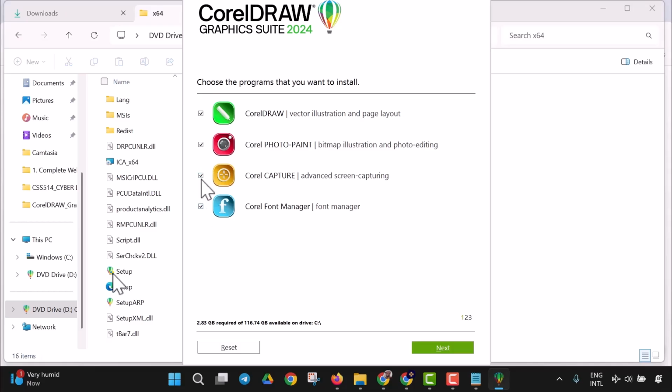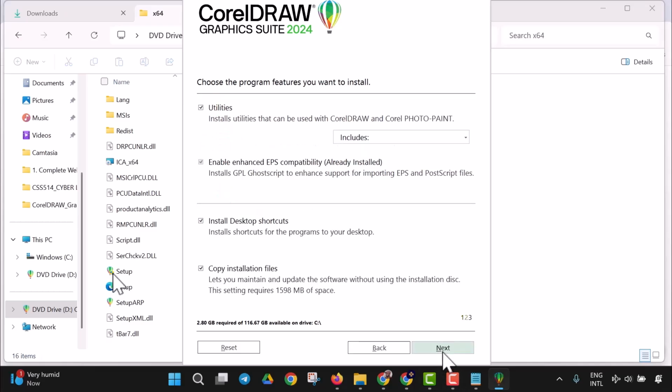So I just want the CorelDRAW software itself and the Corel Font Manager. So I'm going to deselect all those. Then I'm going to next to have this installed, because those are the two things I need. And leave every other thing right here, leave them, and next to the